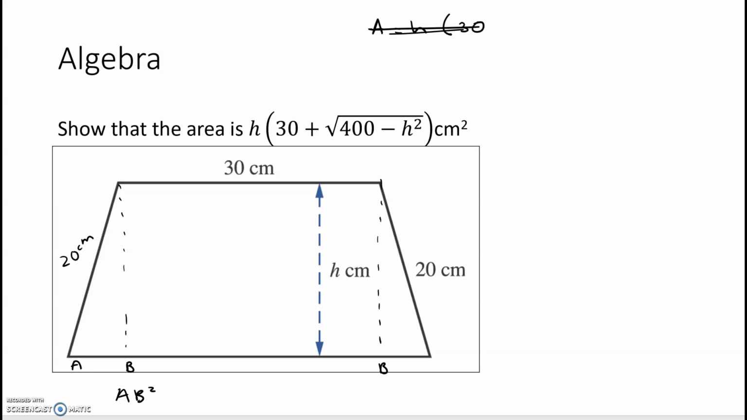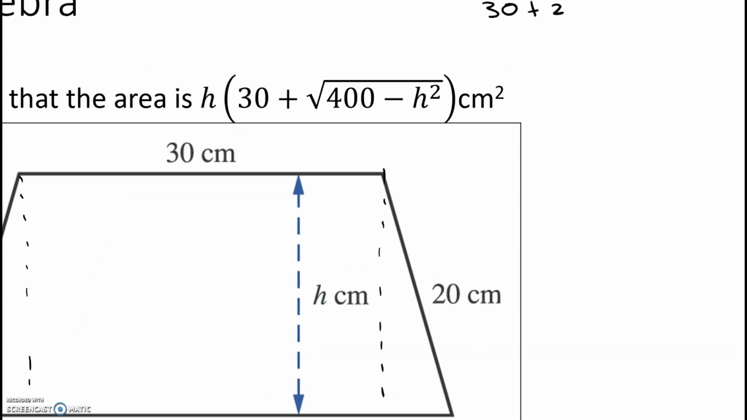Okay, so AB squared is going to give us h. It'll be 20 squared minus h squared. So AB is going to be square root of 20 squared minus h squared. Now, the longer side of the trapezium is going to be 30, because that's the middle bit, plus 2 times whatever we've just worked out that AB is. So it's 30 times,